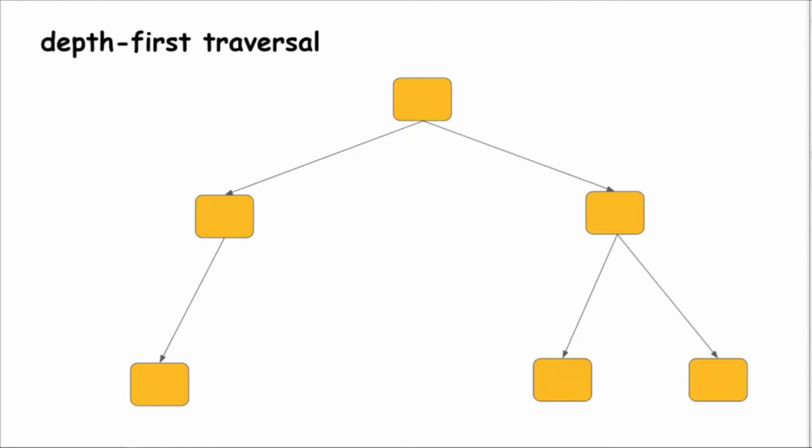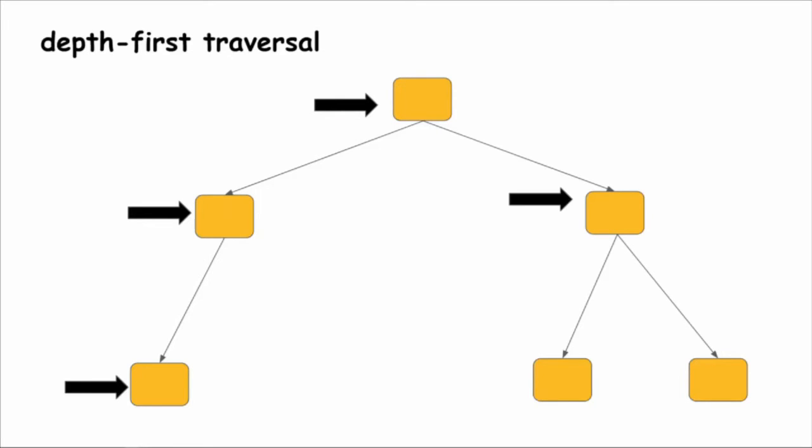So the process of parsing is essentially doing a depth-first construction of the tree from the text file. As a quick review, depth-first traversal is a way of recursively visiting every node in a tree by essentially following a branch as far as you can until you hit a leaf, and then working back upwards. So here we would go all the way down to this first leaf, notice that this node has no children, go up to its parent, see if that parent has any more children that can be traversed back down to a leaf. If not, keep working back upwards till you hit a node that does have unvisited children,